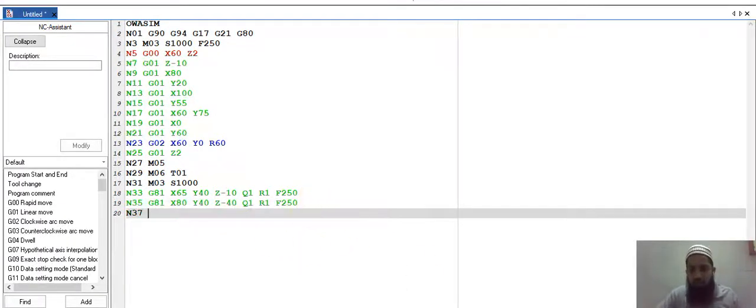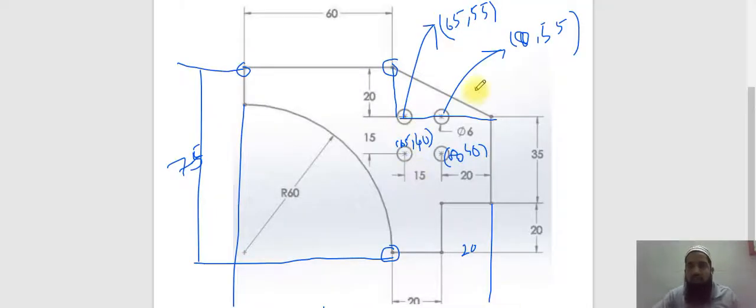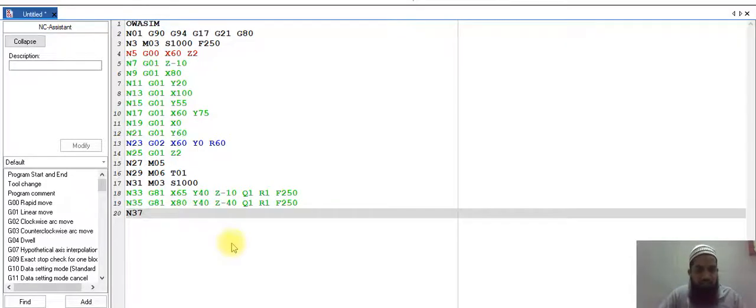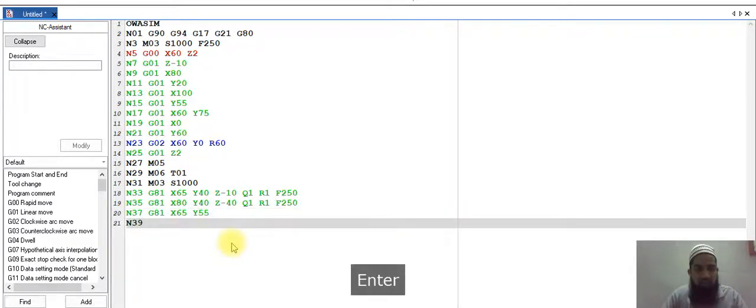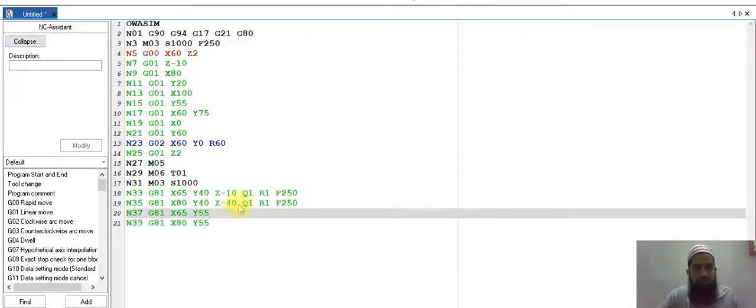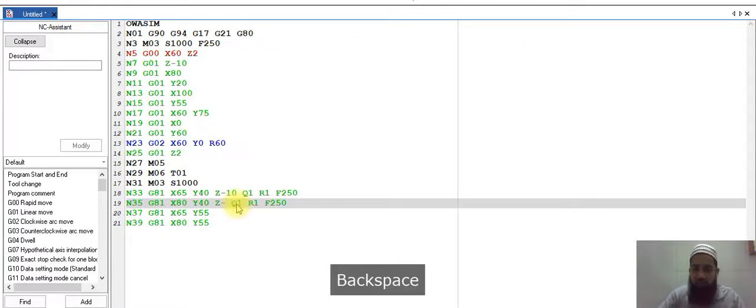Okay, the two holes have been done. For the other two holes we have 65, 55 and 80, 55. G81, X65, Y55, G81, X80, Y55. Actually here it is not 40, it is 10.